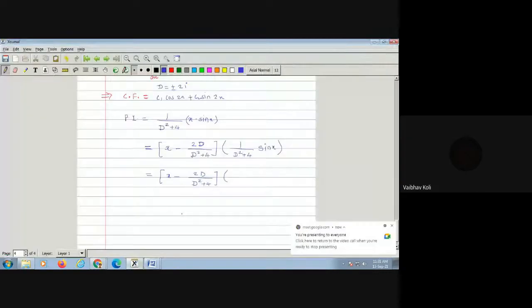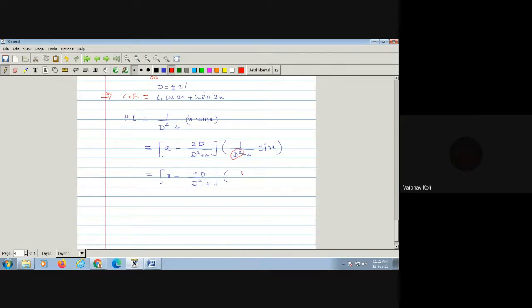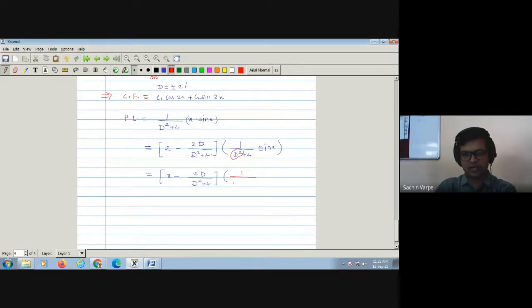Sir, replace d square by minus a square. Here, minus a square. Replace this d square by minus a square. And what is a here? Sin ax, so a is 1. So 1 upon minus 1 plus 4 sin x. Here I am replacing d square by minus 1. So that is equals to